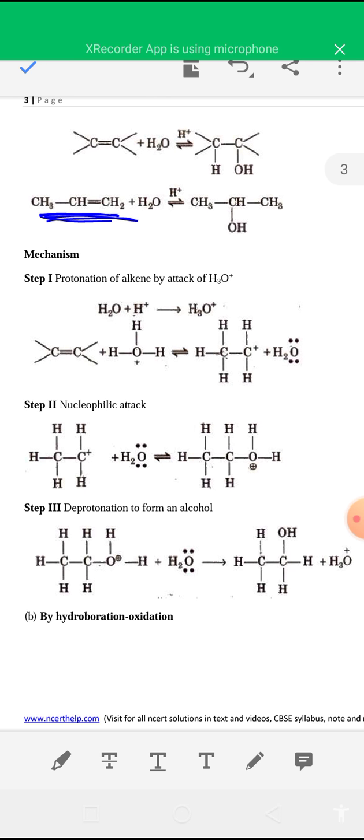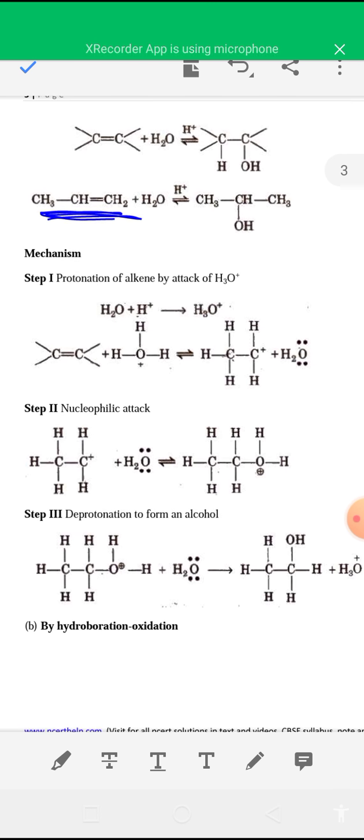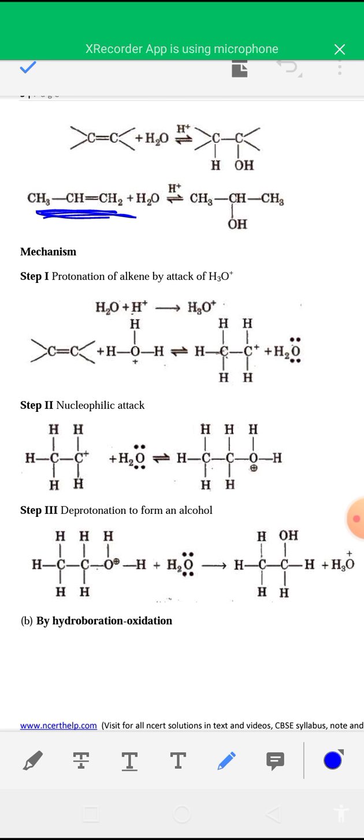Dilute acid means water is also present in the acid, then you will get CH3CHOHCH3, and the mechanism is given. In the first step, protonation of the double bond occurs, protonation of the alkene by attack of H3O+. After protonation a carbocation is formed, and in the second step nucleophilic attack by water takes place, and in the third step deprotonation